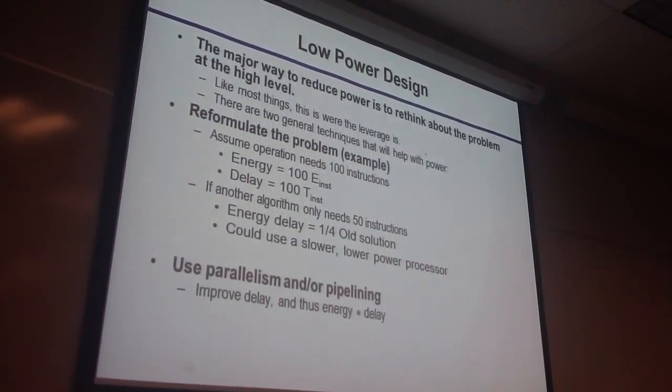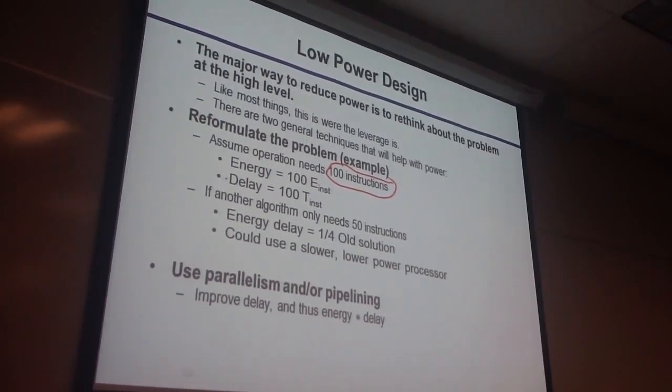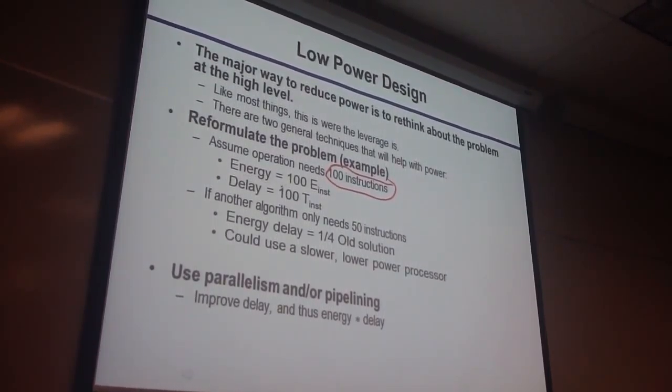There are two general techniques that will help with power, right? You want to reformulate the problem. So, for instance, if you assume that an operation needs 100 instructions, let's say anything, a job requires 100 instructions, and then you know your energy expended